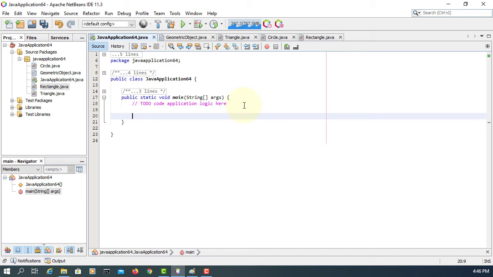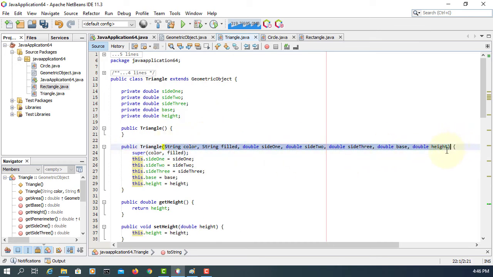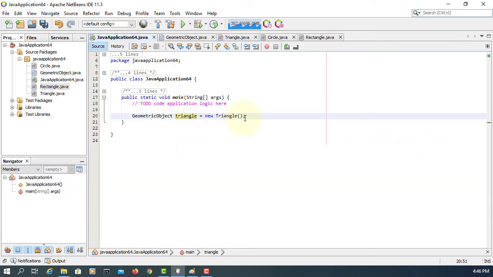Straightforward. Let's construct three objects using polymorphism. If you remember, it's saying that a supertype can refer to a subtype. So we can say GeometricObject triangle equals new Triangle. So we construct the triangle object using the second constructor. So we have color and fill, side 1, 2, 3, and base and height. So blue, true, side 3,